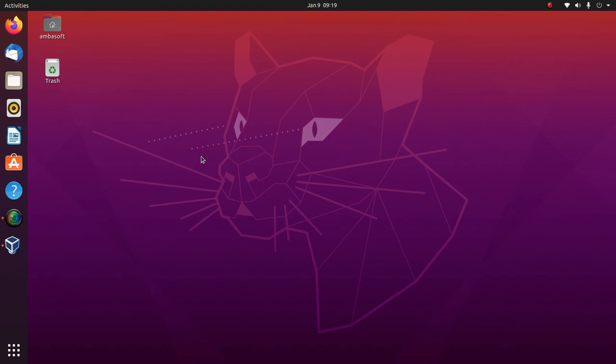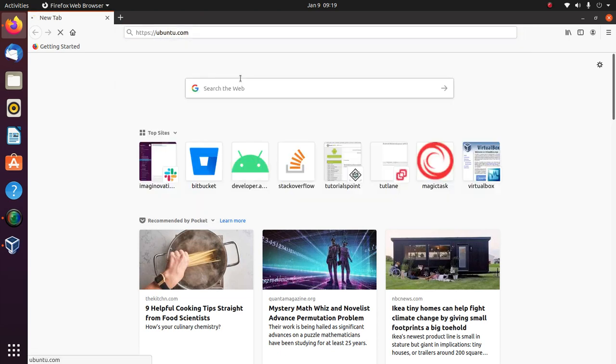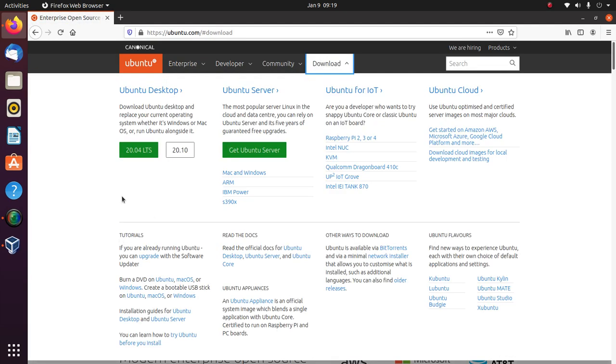So now we are going to download an Ubuntu boot image and use that image to install a virtual machine of the Ubuntu operating system inside VirtualBox. Okay, let's get started. I am opening Firefox and going to visit ubuntu.com, download. Ubuntu has varieties of options. You can have a desktop operating system or an operating system for server, IoT, ARM devices, and cloud installation. So there are varieties of representations of Ubuntu.